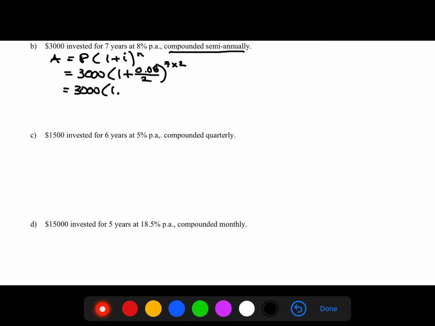And we also have to now multiply our number of years times 2, because interest is going to be calculated twice a year. Simplifying our expression, 3,000. When we take 0.08 divided by 2, we get 0.04. We add that to the 1, and we're going to have to the power of 14. When we do that, we get